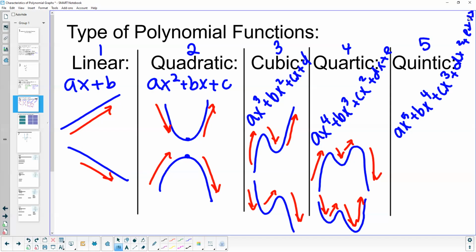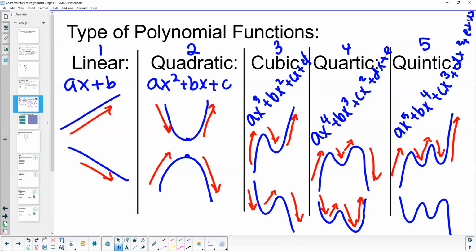Okay, so what happens is notice how a linear function has 1 motion, a quadratic has 2, a cubic has 3, a quartic has 4, a quintic, like quintuplets where there are 5, means that our function has 5. So it's going to go up, down, up, down, up. It's going to go down, up, down, something like that. But we're going to end up getting 1, 2, 3, 4, 5 motions here. Either way, we're going to end up with 5 motions, and that's how we can decide what type of polynomial function it is. So let's take a look at a couple examples here,